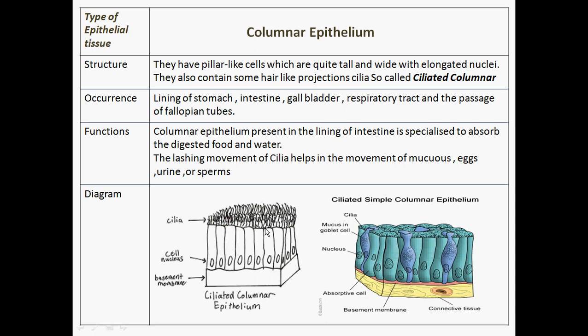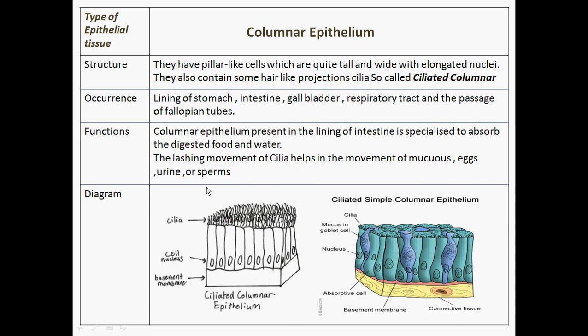Now we should know why the columnar epithelium has a taller, pillar-like structure. It has such a structure so that it can provide maximum protection to the underlying tissues. Suppose you pack a bag for a tour, you keep the glass substances under a cushioning area. In a similar manner, the columnar epithelium provides a cushioning effect to different parts of the organ or body. It also protects the intestine, the stomach, and different parts of the body.